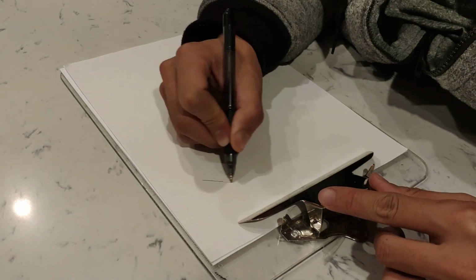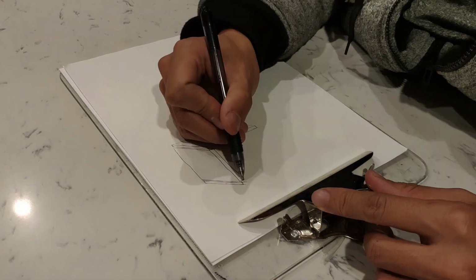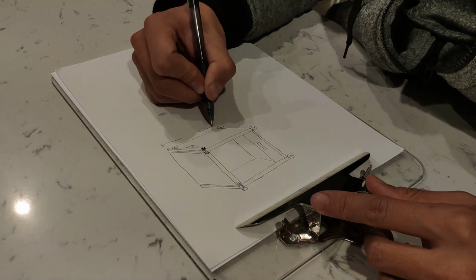Hi guys, I'm Ten. Today I'm going to show you how I made this flip tool stand. Since I don't use any software to draw the plan,